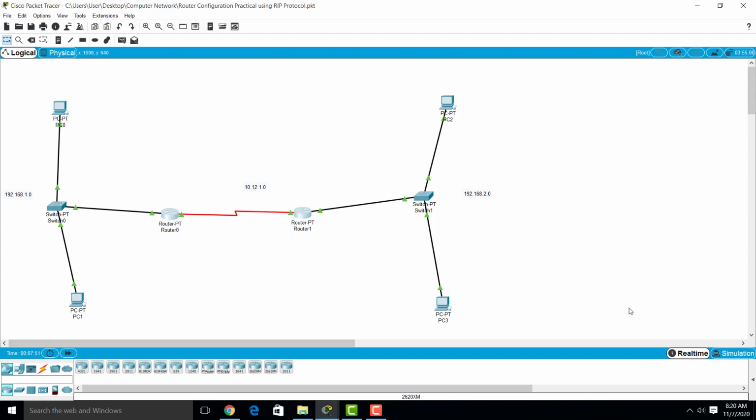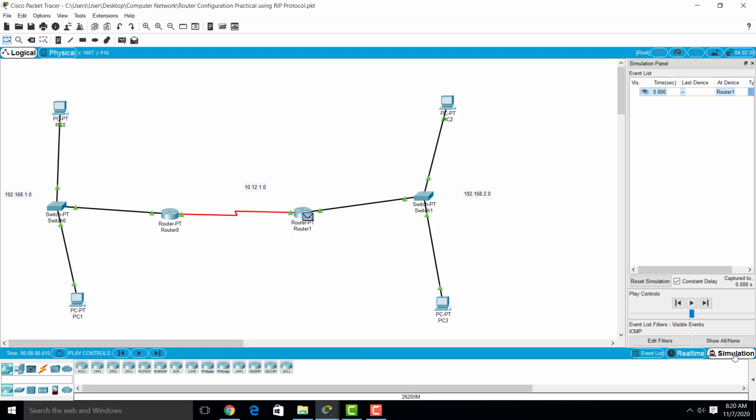In the real time mode, which actually runs on the PC, here you can see the physical appearance and the logical appearance of the components. And in the simulation mode we can actually send messages from one computer to another computer, and we will see the time, the last device, and all the details of the message transfer.